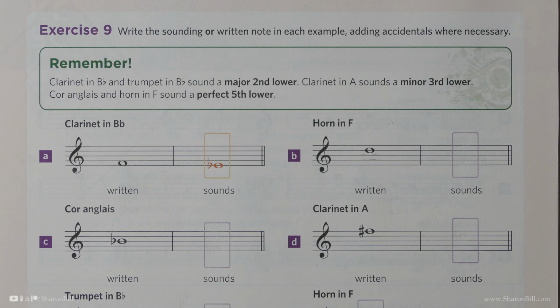Moving on to page 26 of the Grade 5 Discovering Music Theory workbook, we're moving on to exercise 9, the final page on the section regarding transposition. And we're looking more particularly at the instruments of the orchestra,